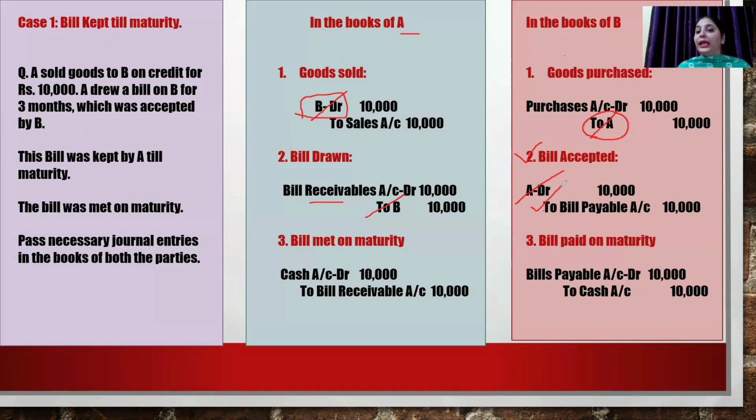On due date, when B makes payment, what entry will B pass in his books? Obviously, he will clear his bills payable and make payment either in cash or through bank. So it could be to cash account or it could also be to bank account. Now, on maturity date, when A receives payment, A will credit bill receivable and debit either cash account or bank account, whatever the mode of payment made. Bill receivable is going out. It is going to whom? It is going to B.